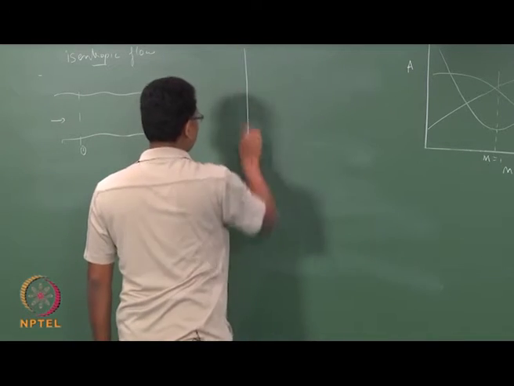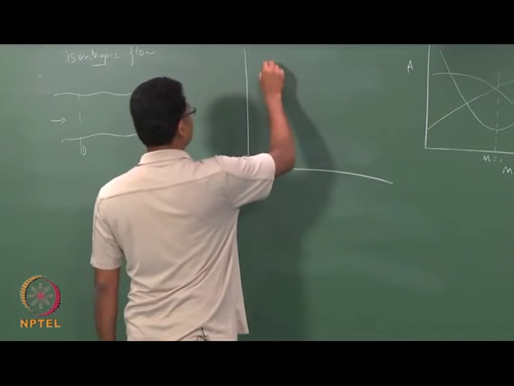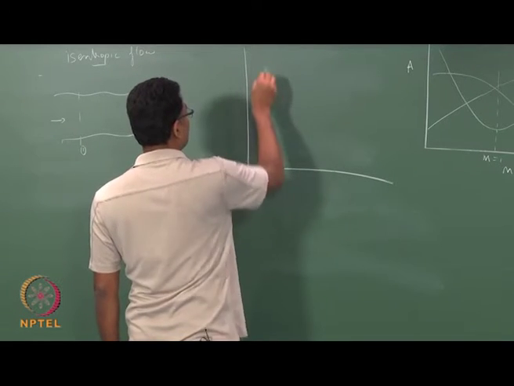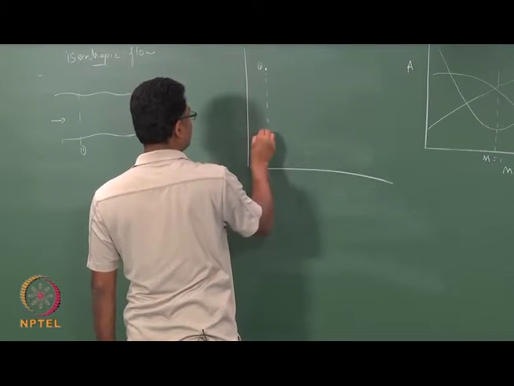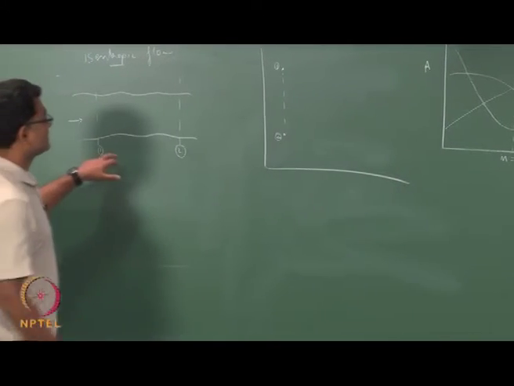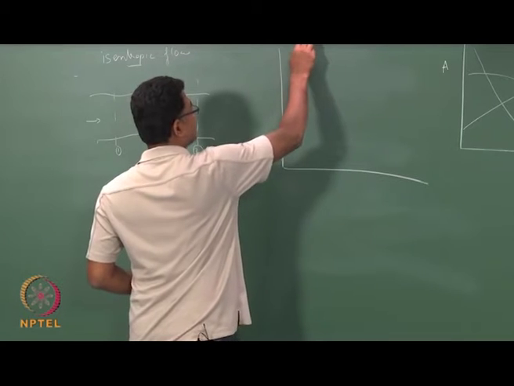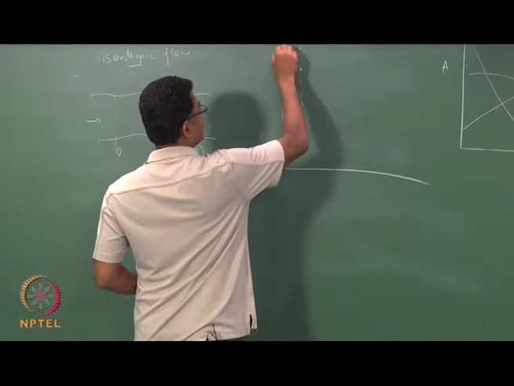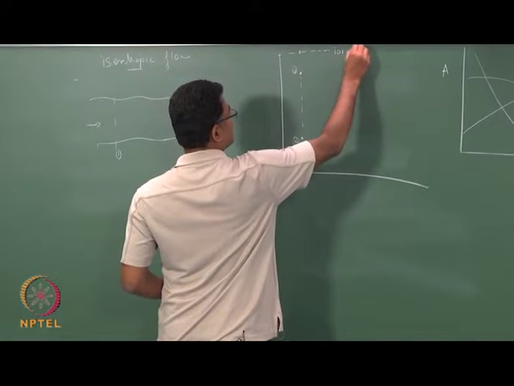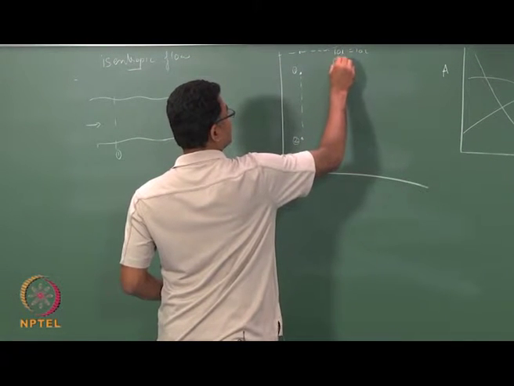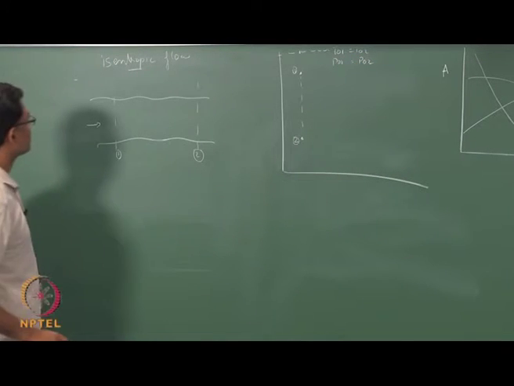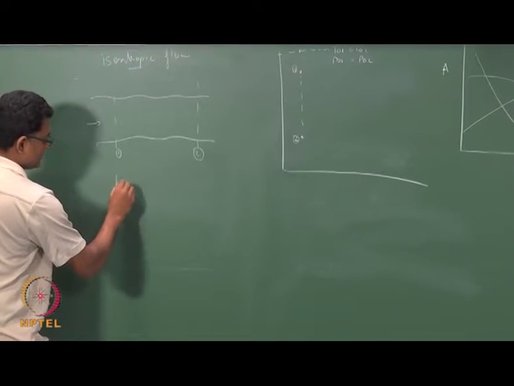Because it's an isentropic flow, we have, let us say, 1 has gone to 2 isentropically. Associated with 1, I have a stagnation point, with 2 also I have a stagnation point. Since it is isentropic, T01 equals T02 and P01 equals P02. Okay. So, if I use that information,